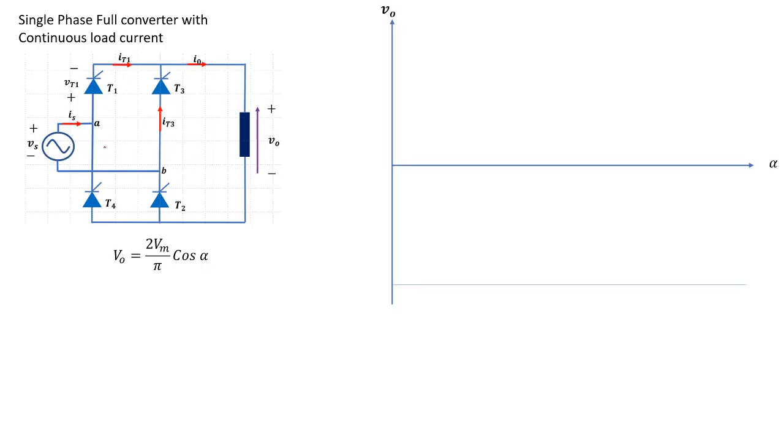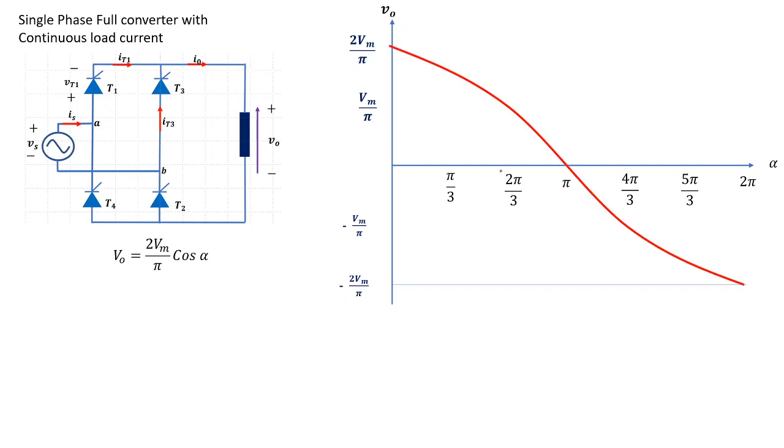So for this full converter, let us see the variation in the output voltage against alpha, that is the firing angle. You can see the firing angle changing from 0 to pi by 2. I am sorry, this is not pi, it is pi by 2. Extremely sorry. So make these corrections. So this is pi. This is pi only. So alpha is changing from 0 to pi.